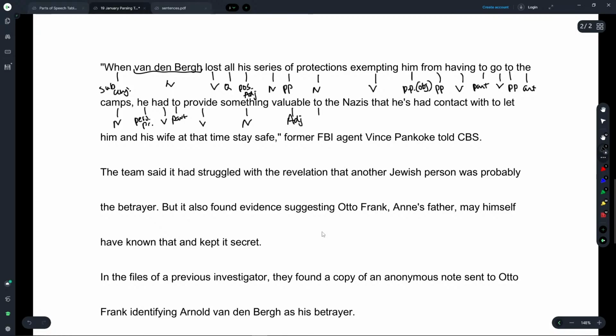adjective, to, preposition, the, article, Nazis, noun, that, relative pronoun, he, personal pronoun. The apostrophe S is in this case not one of those genitives again. This is an auxiliary, because he has, had, verb, and in this case past participle,